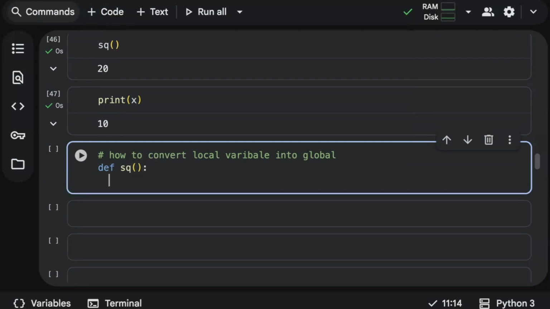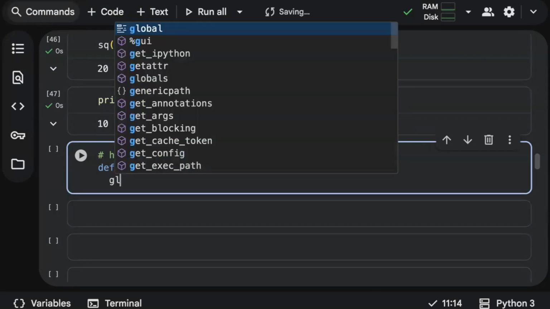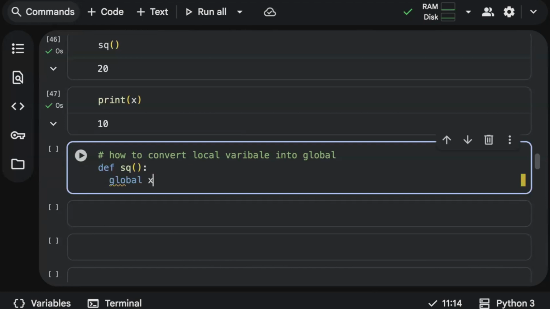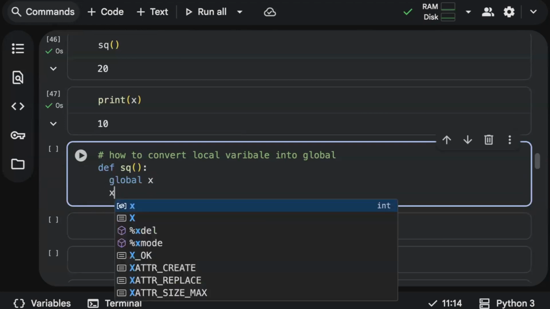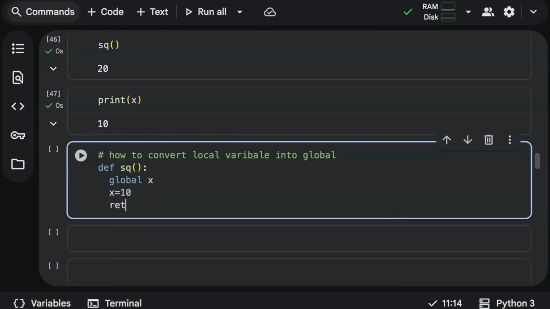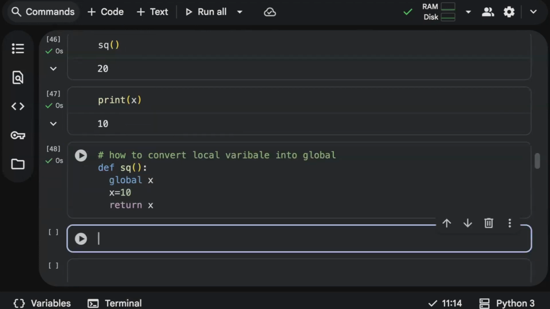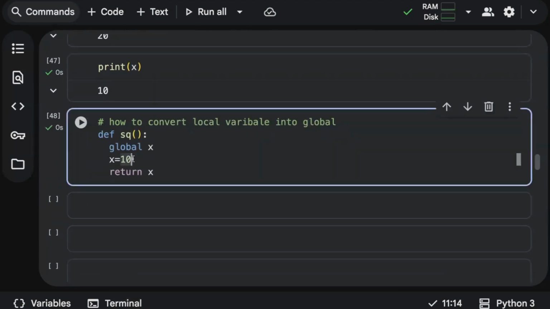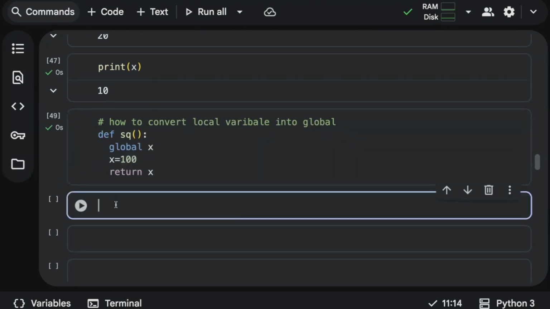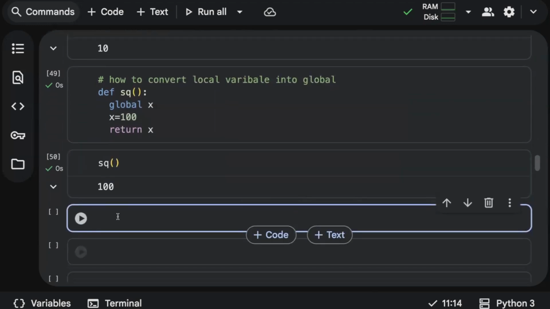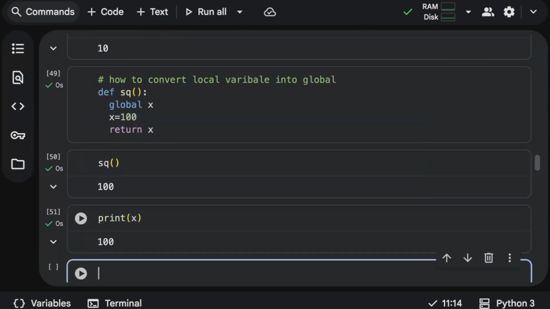And then we just use global x, define your x value, and then try to return x. See, I'll just give it 100, because 10 is already there. I'll call my function square root, so it's giving me 100. Even if I call print x, it's going to give me 100.